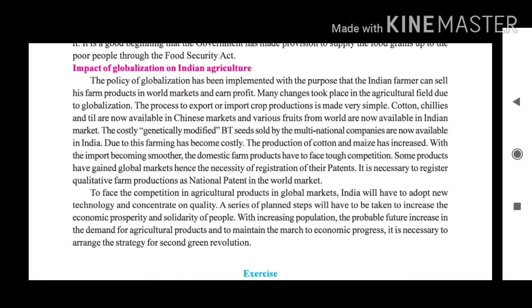मतलब कुछ products ऐसे हैं जिन्होंने global market, they have reckoned their name globally. Hence the necessity of registration of their patents. It is necessary to register qualitative farm productions as the national patent in the world market. So it says they have to maintain the quality which has been exported throughout the country, and they have to maintain that. To face the competition in agricultural products in global